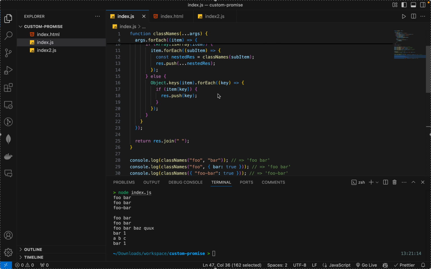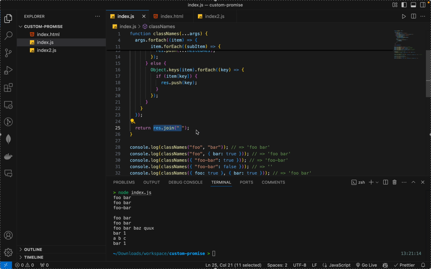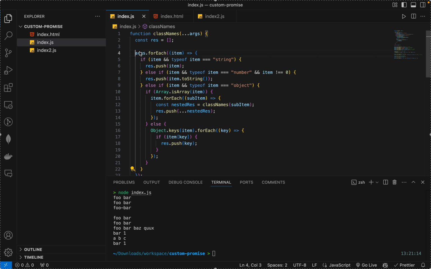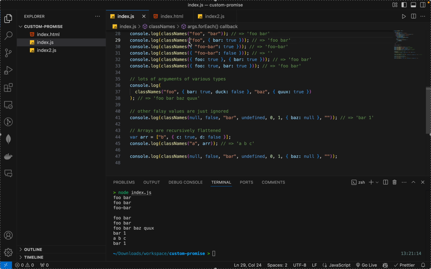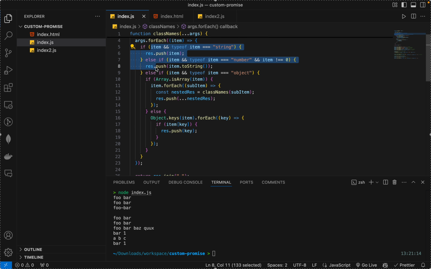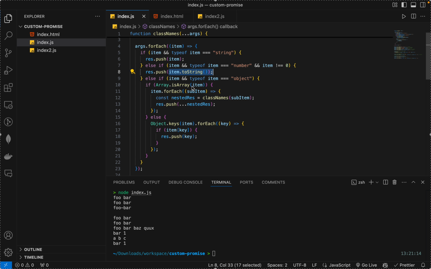Let's go over this thing again. We initialize a resultant array and then we join the resultant array to return a string. And then we loop over the arguments. We loop over all the arguments that we have, and we check the types. First two are base cases. If it is a string or if it is a number, we just push the result, push the keys into the result itself, and then we check if it is an